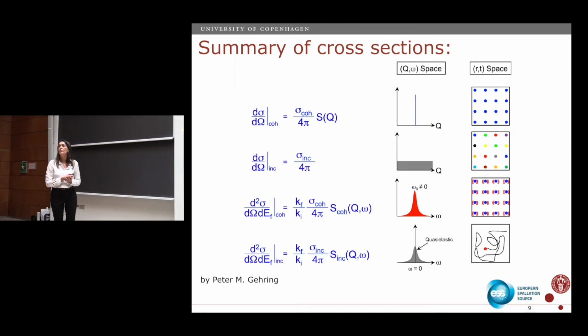And then this again is coherent, but now we talk about the double differential cross-section, because I have a change in energy and in position. And if these things start moving in a way that is completely incoherent, so it rattles around, that's when we observe the quasi-elastic signal, that is this broadening of the elastic line, and again, that is a double differential cross-section and is related to the incoherent cross-section. Okay?